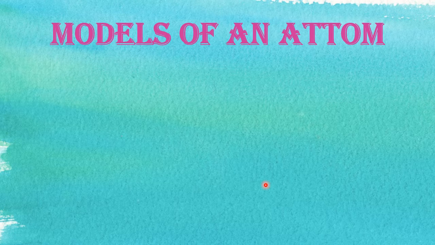One more example is the model of the solar system. How planets move around the sun. What is the role of the sun? What type of radiation comes from the sun? All these I can explain by making a model of the solar system so that boys can understand easily. So these are known as what? Models in science. In the same way, let me go into the atom to know the arrangement of the two particles, electrons and protons. Models of an atom.